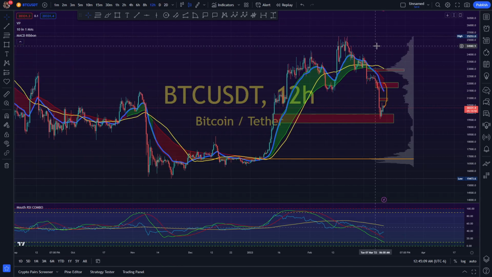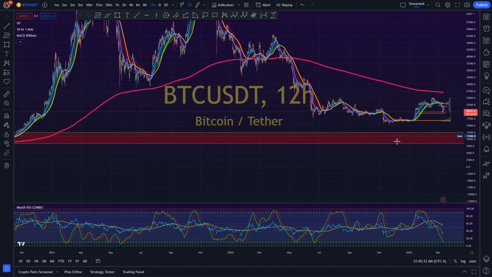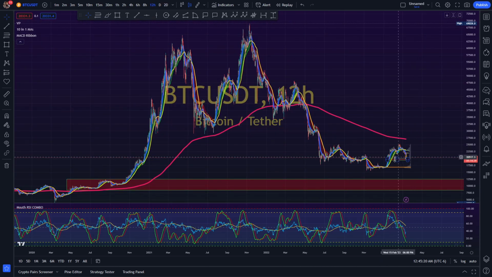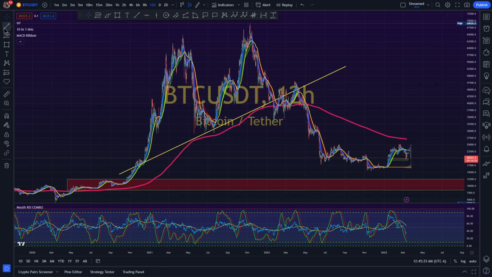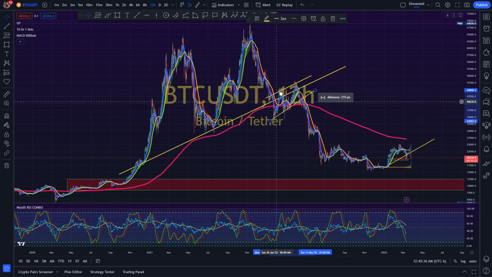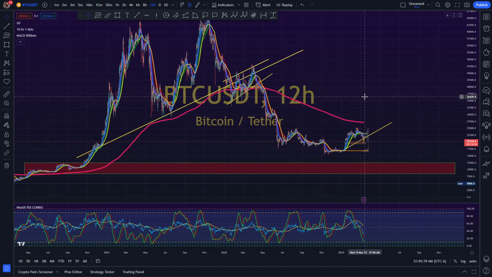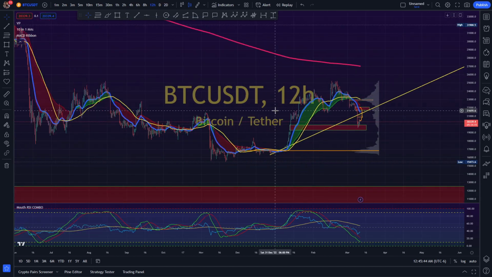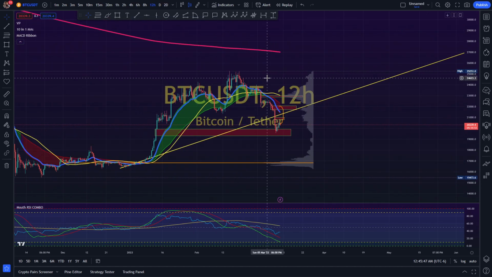So this is on a macro scale compared to the whole crypto market. And we can see what happens after an M shape is formed in the direction upwards. So we can easily take a trend line and see that this went up. We can take another trend line and see that this went up. What happens after that, right? So after that we had consolidation upwards with a breakout to the downside. So I would strongly suggest to expect something to happen on the same level here, where we're seeing this same